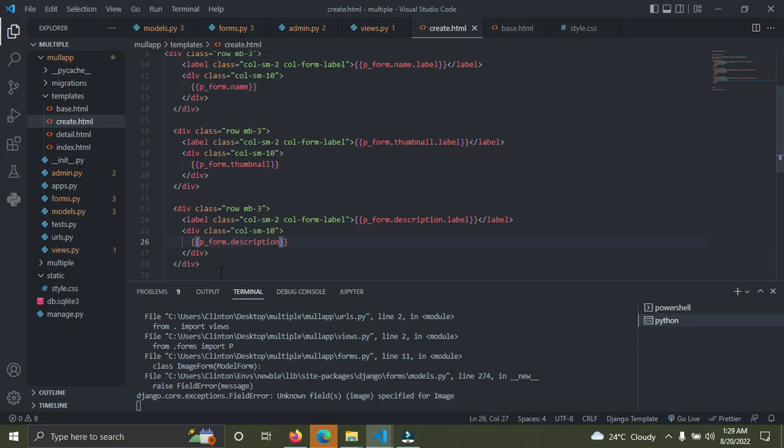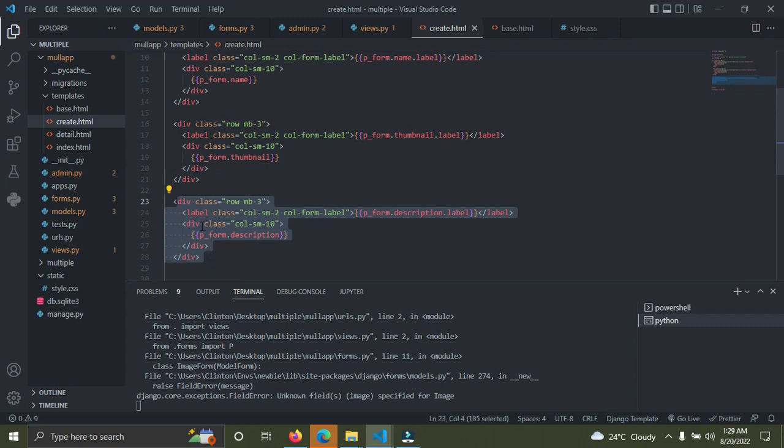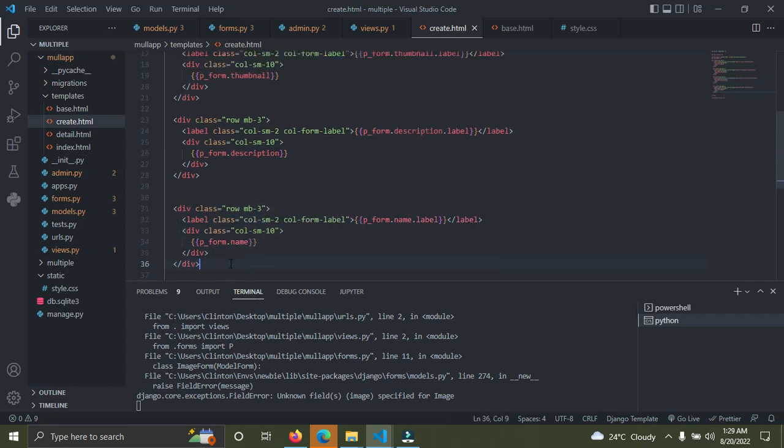So to add the price. One more last thing. So I'm going to say price and the actual field. So that's it. After we've done this, what I need to add next is